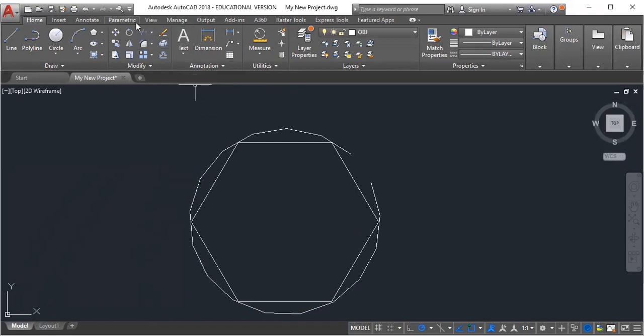And similarly, I can then join, which I have to type that command in right now. But I want you to see that you can at any point, as long as you're not in an active command, you have the crosshair with the pick box, you can hand type any command in the AutoCAD lexicon. So I can type in again, join, it'll go to that command. Select source object or multiple objects. Again, in this case, I'm going to use a window and select all these objects to join, hit enter,